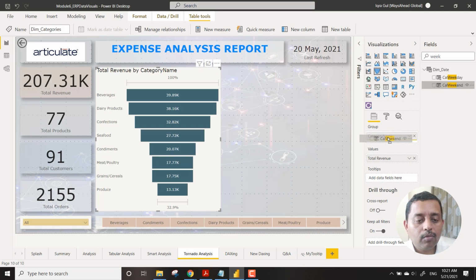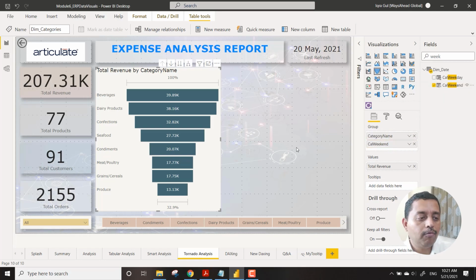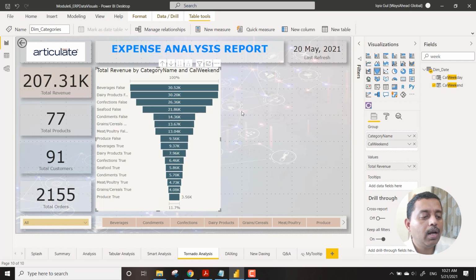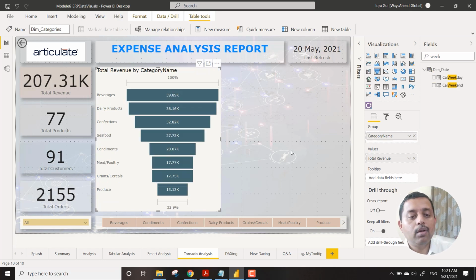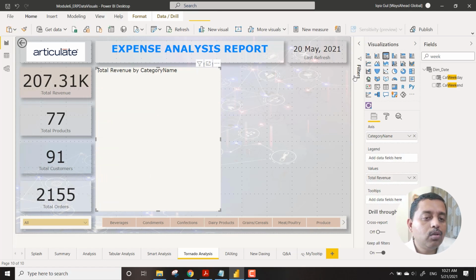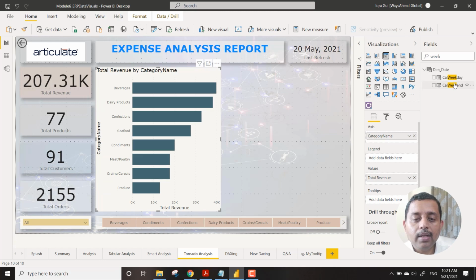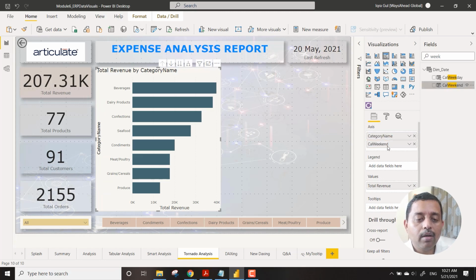So now if I just want to bring in weekend, it will be a mess. It will show something like this: true, false, true, false. So weekday, weekend, weekday, weekend. This is not a view that I would love to see. There is another view. I can just convert this into a bar chart and then try to bring in weekend over here.